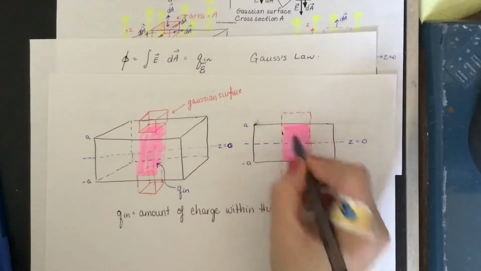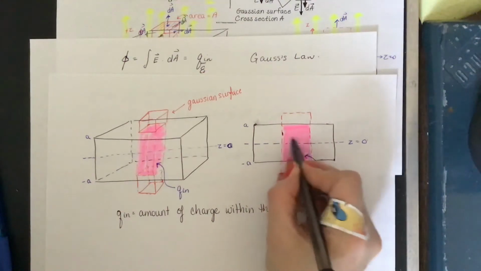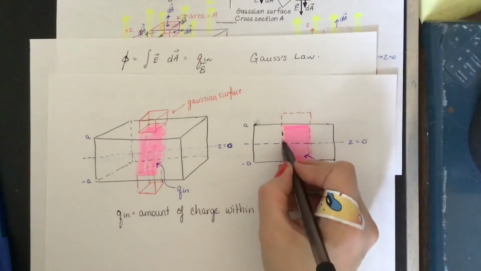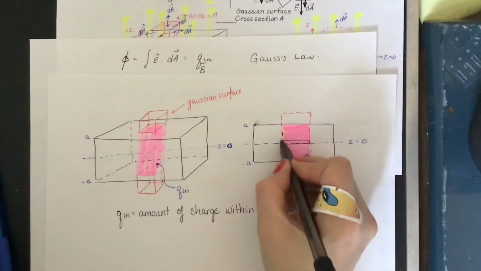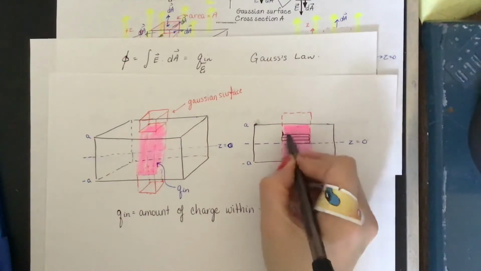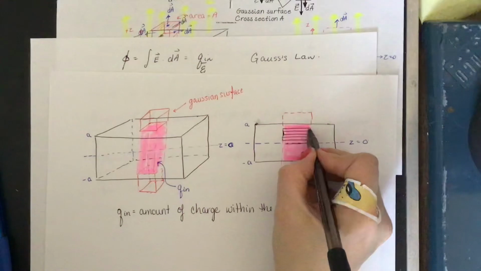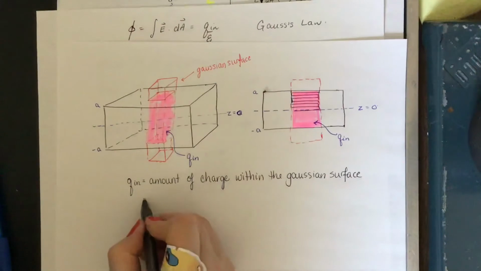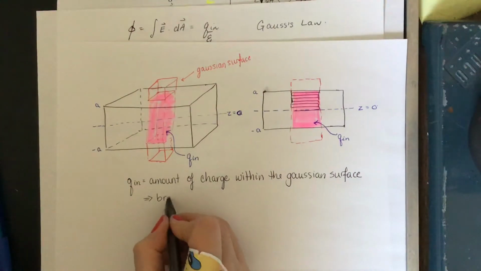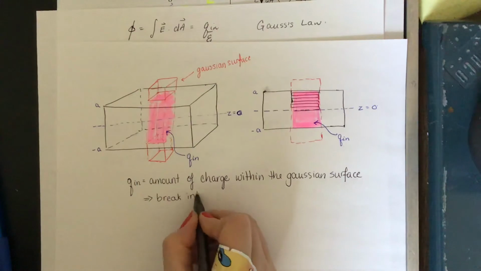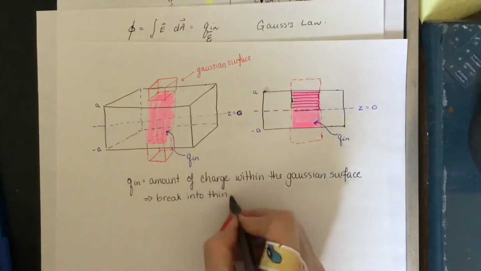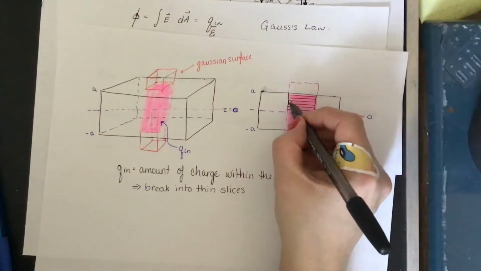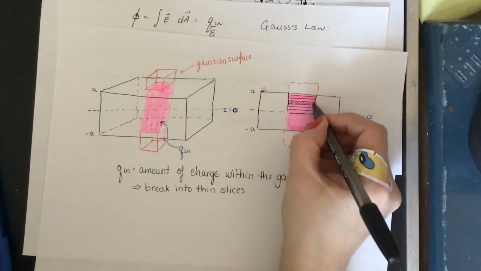So if we had a slice here, add this bit, add this bit, add this bit, this bit, this bit, and so on. If we add up all the bits from the bottom to the top, we would get the total charge on this block. So we could add up that bit, and that bit, and that bit, and so on. So let's break the Gaussian surface into slices. Each of those thin slices, and I'll just shade in one of them,